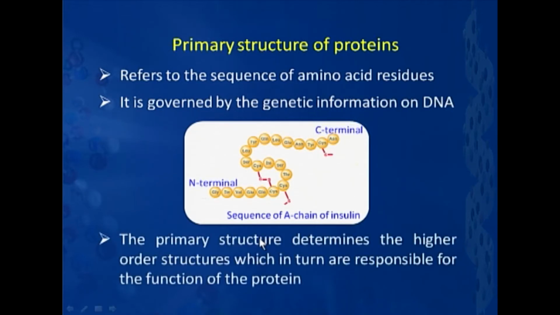Further, another very important thing is that the primary structure of a protein determines the other orders of structure. The primary structure determines what kind of secondary structure it adopts, and secondary structures in turn lead to the tertiary structure, and thereafter we talk about the quaternary structure. So, we move in a hierarchical order from primary to secondary to tertiary to quaternary structure, and the overall shape of the protein and the function it performs is governed by the primary sequence. So, it is of prime importance. This is the most crucial component of any structural organization of protein.